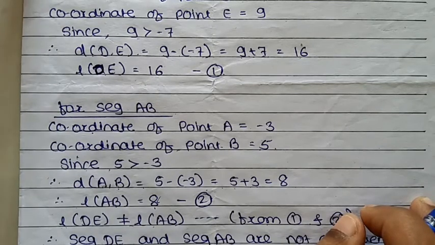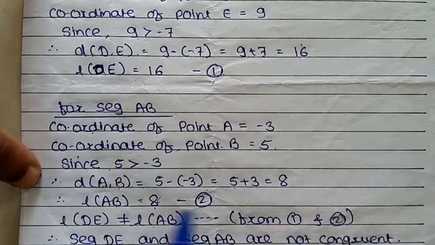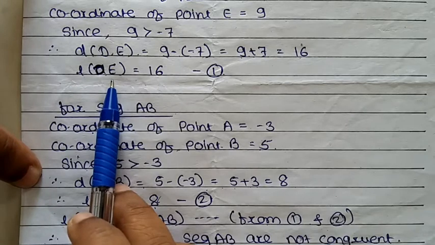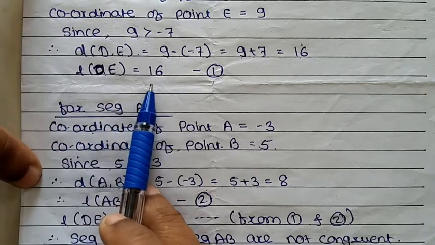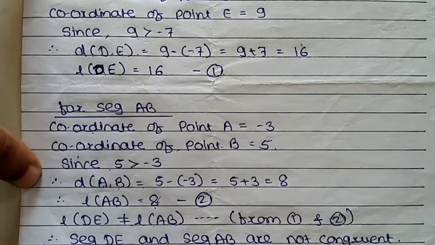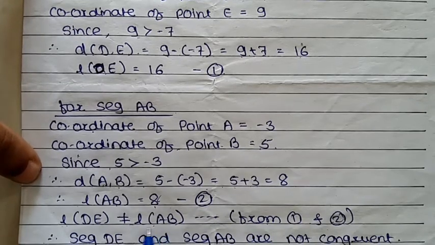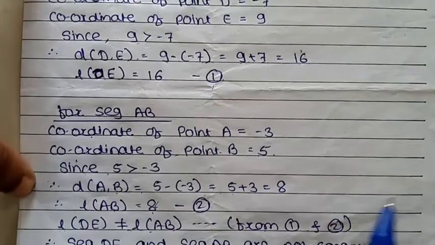That is the first part of question number 1. We just have to calculate the distances of the given segments. If the distances of the given segments are equal, then the segments are congruent; if they are not equal, then they are not congruent segments. So next,